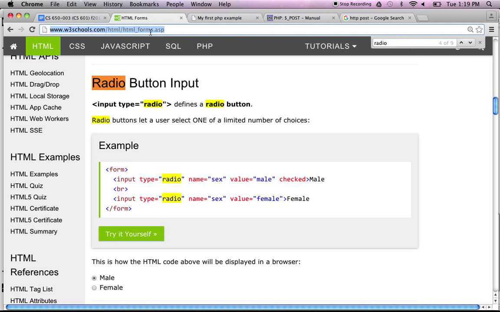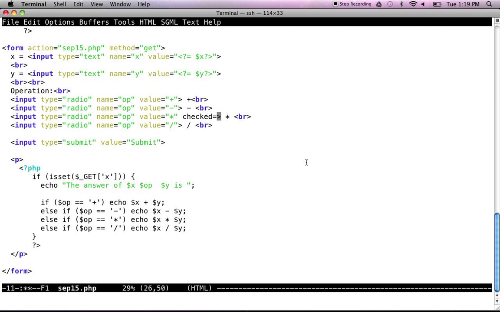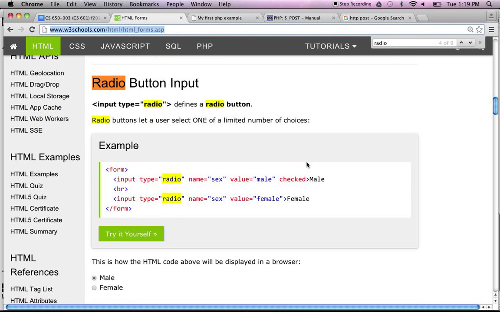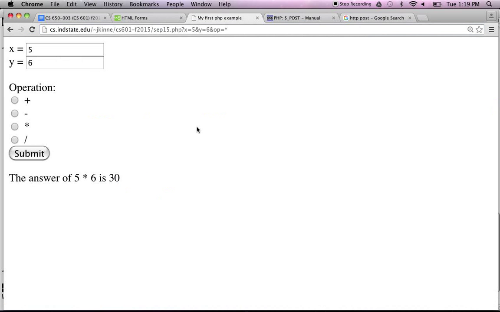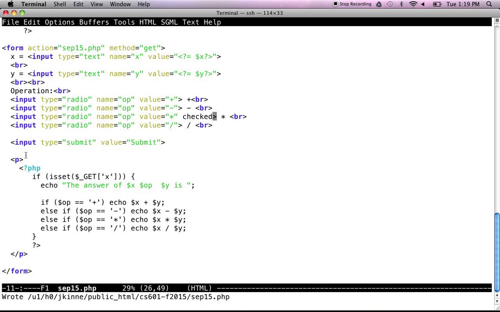Let's go to, okay, checked. But we only want it to be checked if it should be, right? We could put checked here, and then it'll always do times. So it always goes back to times there. Right, but what we want is only to be checked if appropriate.